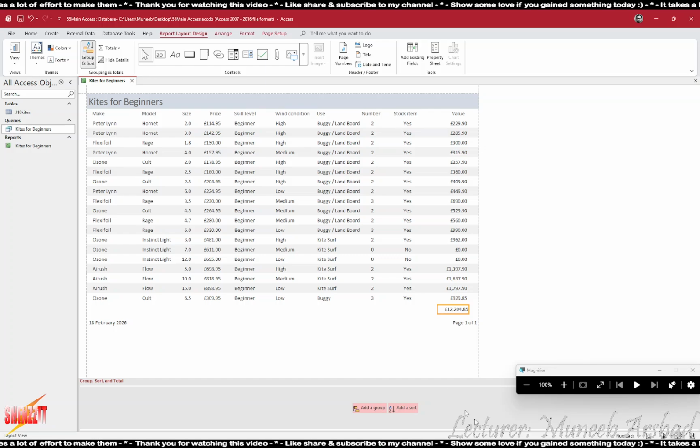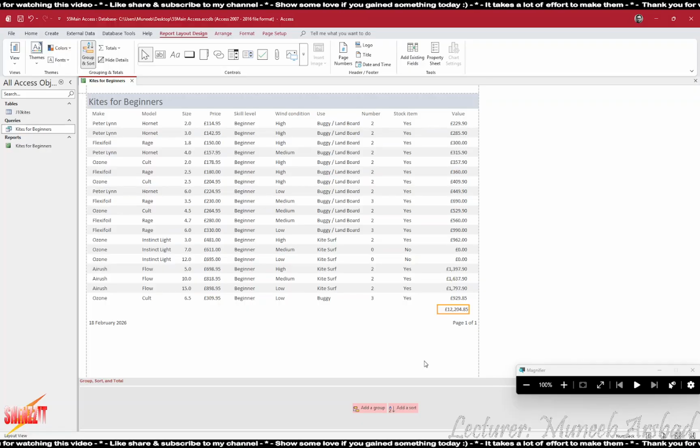How do you do a sum in Excel? Equals to sum, round bracket open, and then you put your cell references, right? Here, the sum is of what? It's of the value column. What is value? Product. It's a field name, it's a field, right? Fields are represented in what?